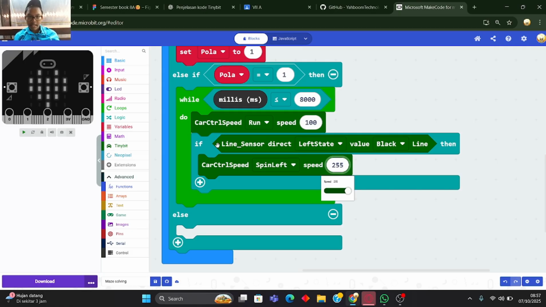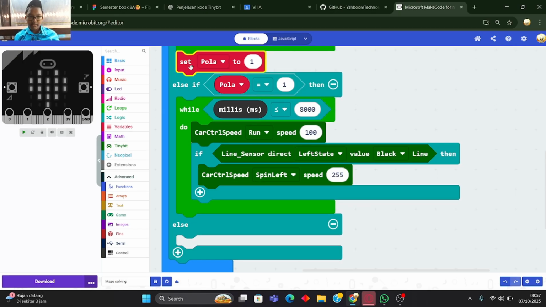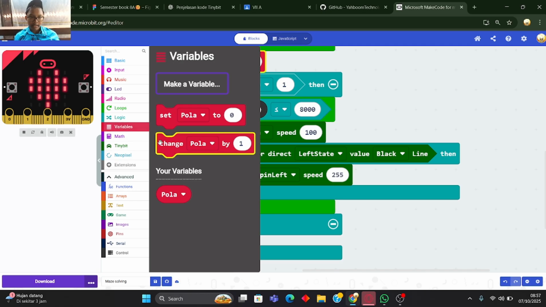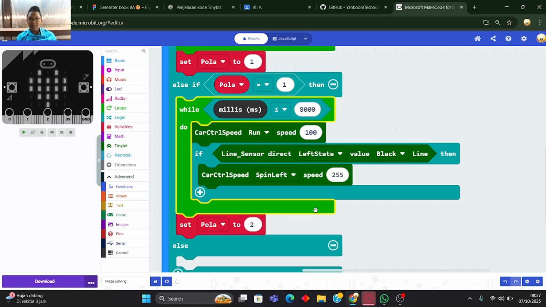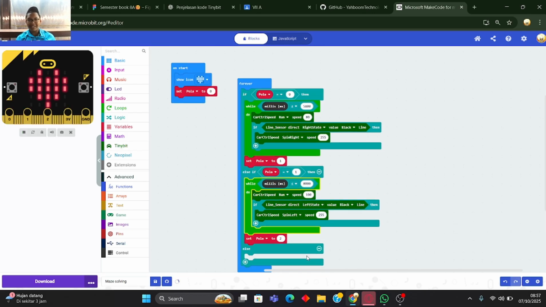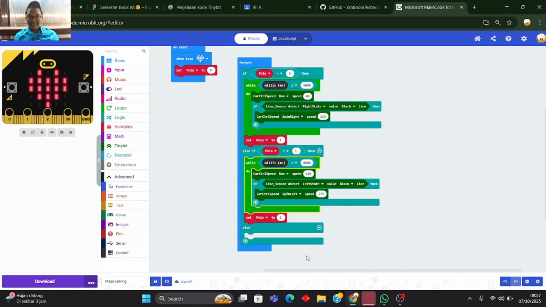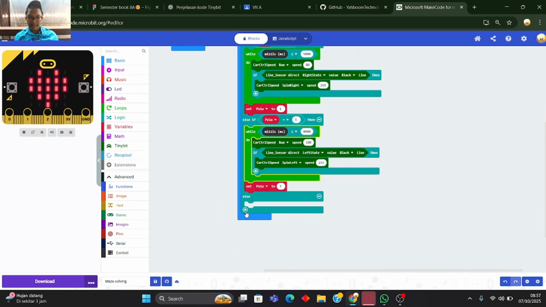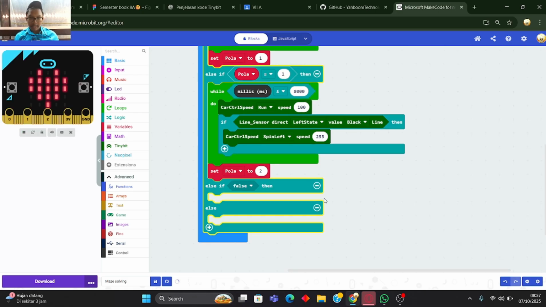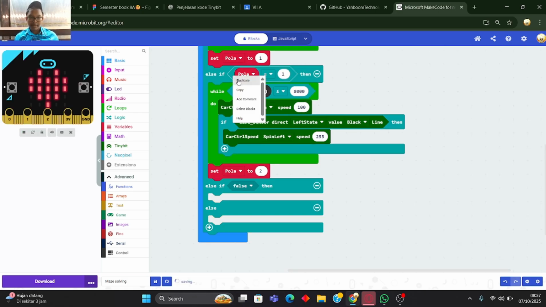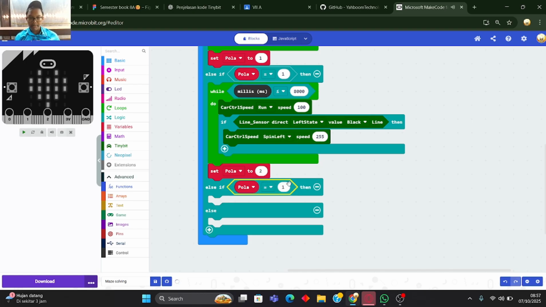Go to variable again, set pola to 2. Then we can click plus again. Yes, just the same. Go to logic, operation, and make pola 2.